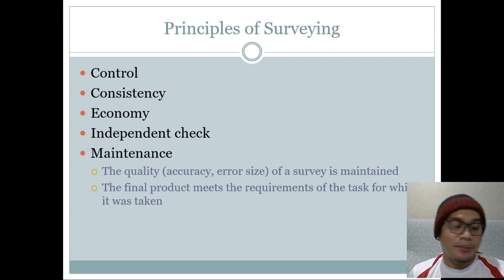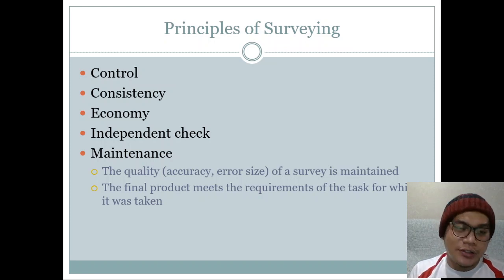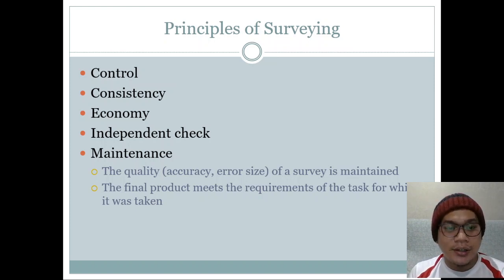Okay, so this is the introduction about survey and mapping. So we look into the principles of survey. What are the principles? We must have the control points, the consistency of the accuracy, the measurements, the economic scale of the data collections, independent check by other third parties, as well as the maintenance, where the quality, which includes the accuracy or error size of a survey, will be maintained, and the final product meets the requirement of the task